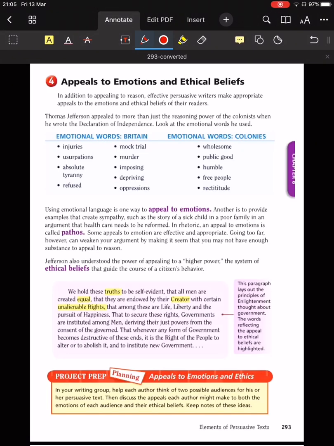Hello everyone, here we are on page 293 discussing writing to persuade as a continuation of the chapter that we have already started. Earlier this week, or maybe last week, we discussed the idea of how using logic helps to persuade your audience. Of course, we already know through our studies for the SAT essays that employing logic alone won't suffice, but rather